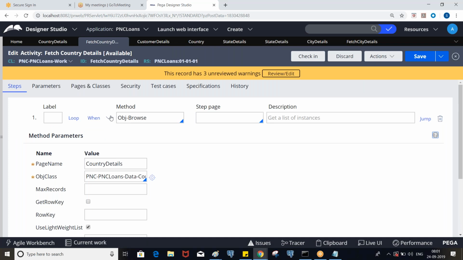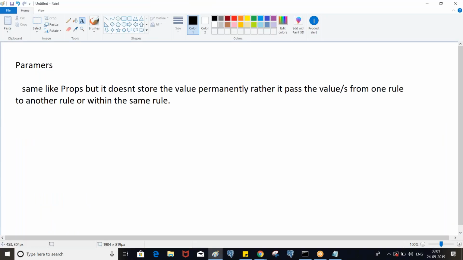For countries, we don't need to specify any parameter, because we always need to display all the countries. So country is not dependent on any other property. But state is dependent on country, and city is dependent on state, right? So we need to define the parameters for state and city.